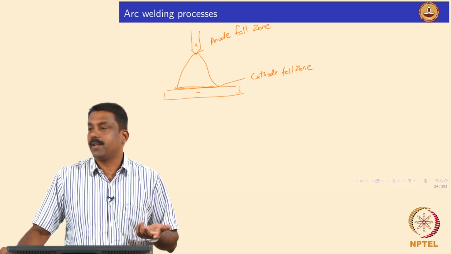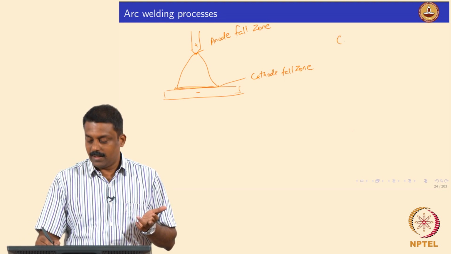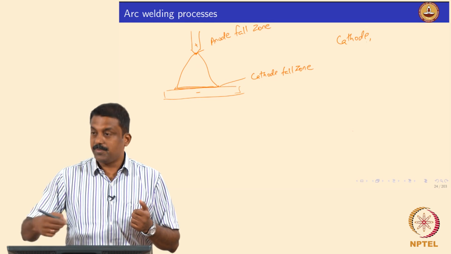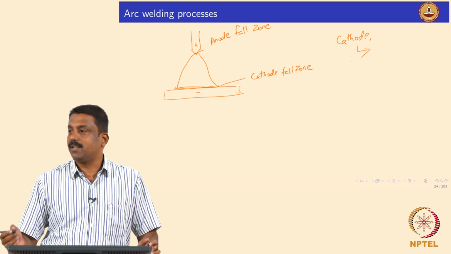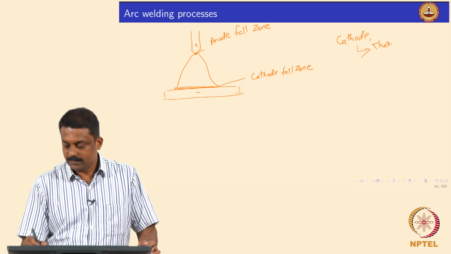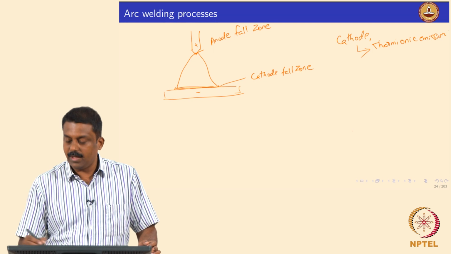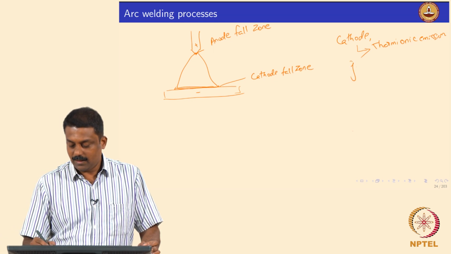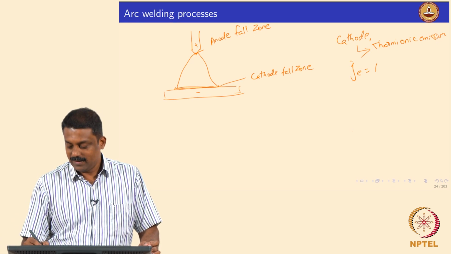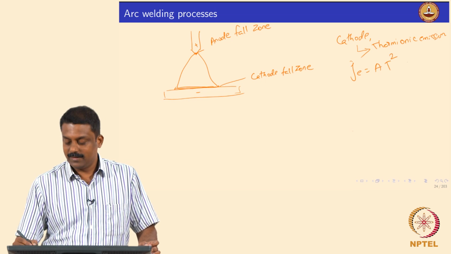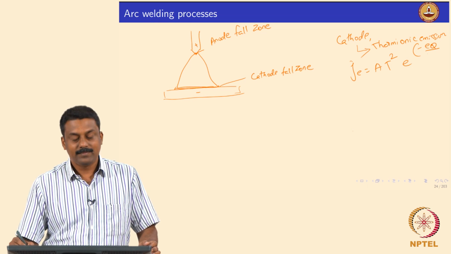And we looked at the functions of the cathode. The main function of the cathode is to emit electrons, right? In subsequent classes we will see the details about the emissions, but we have seen the cathode emissions like the thermionic process, thermionic emission. And we looked at the equation which governs thermionic emission, right? The electron density is, without referring to your notebook, can anyone tell? T squared e to the power minus work function over kT, yes, again Boltzmann.